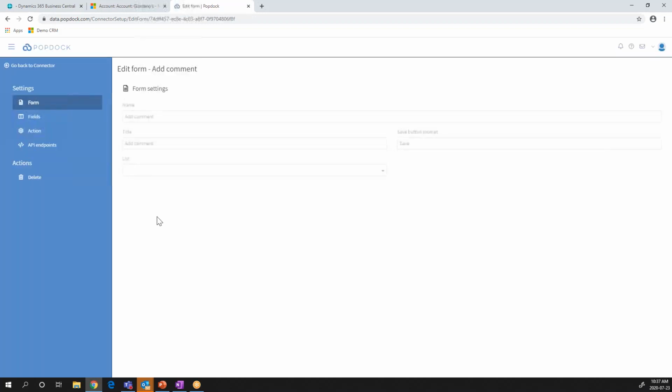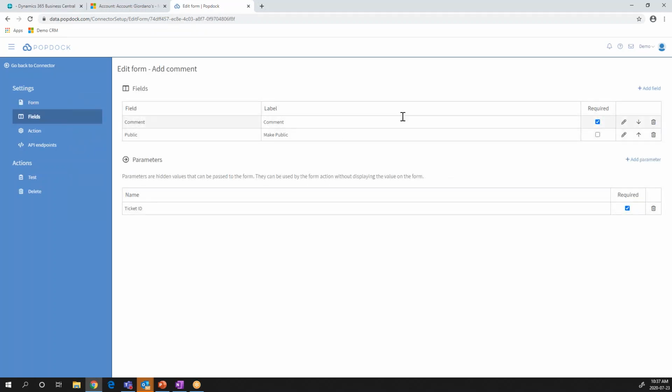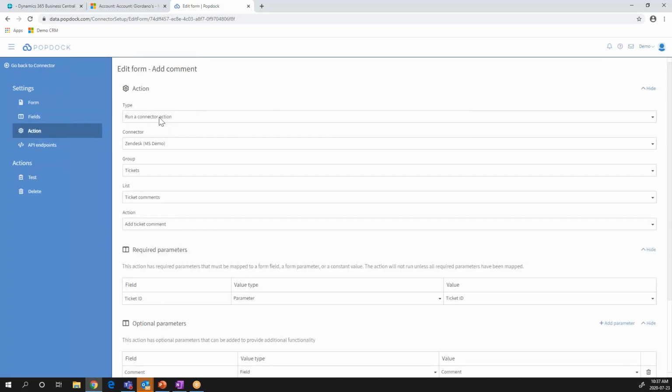And if I modify this add comment one, all I'm doing is entering a couple of fields. So I just created that form with no code. I added a parameter for ticket ID, and then I told it what it's supposed to do. In this case, it's executing an action, which is running the API for Zendesk. So this is all fully definable by you guys or by the users for what those actions are going